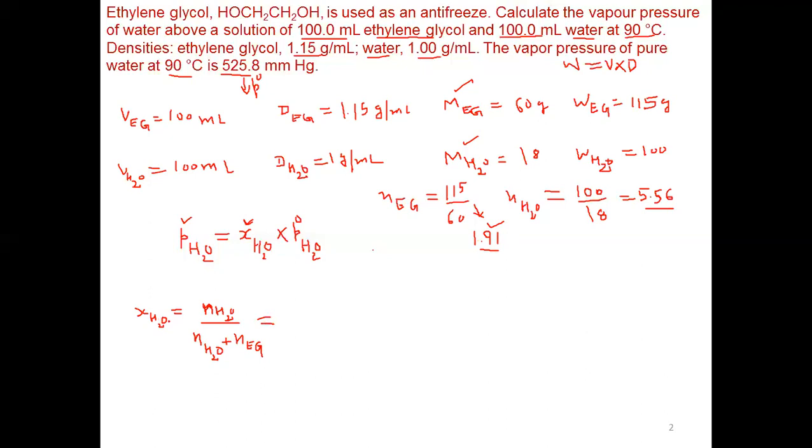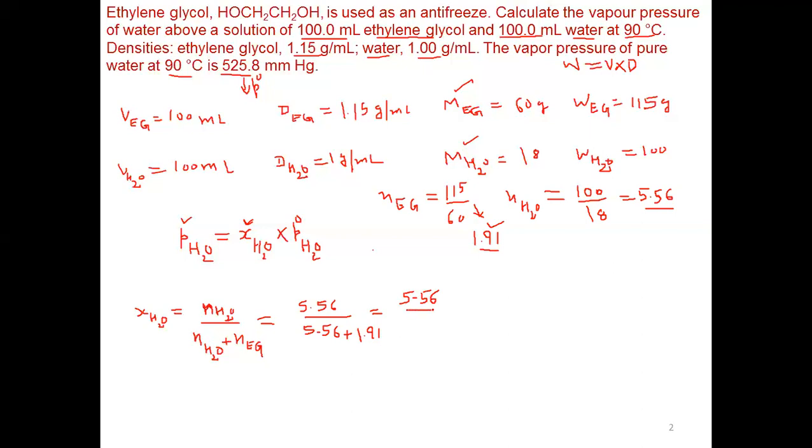So the mole fraction of water is the number of moles of water, 5.56, divided by the number of moles of water again, 5.56, plus the number of moles of ethylene glycol we have calculated, which is 1.91. So if we add these two, it will become